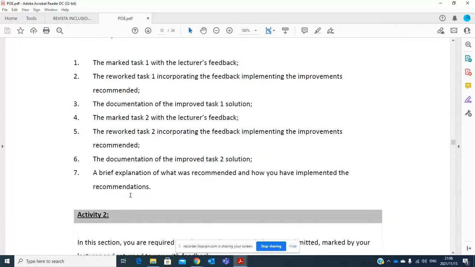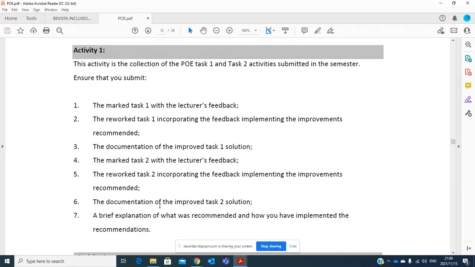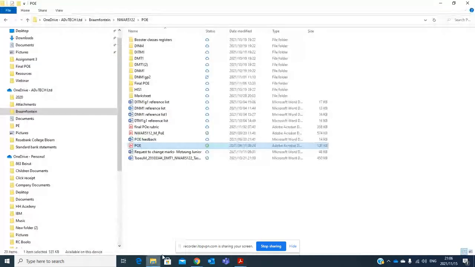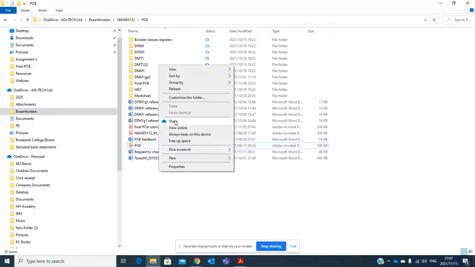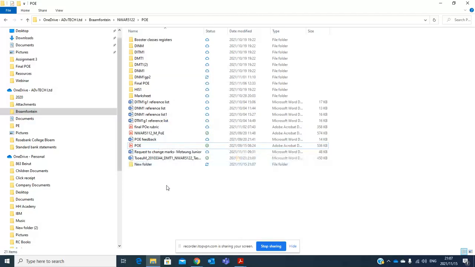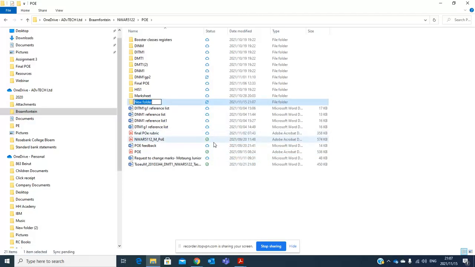Now, let's move to the folder structure. You will have the main folder, and you will want to name your folder with your surname and initials, and maybe a student number.